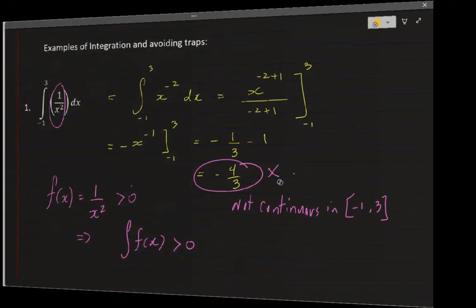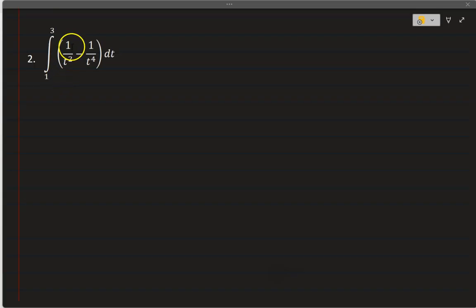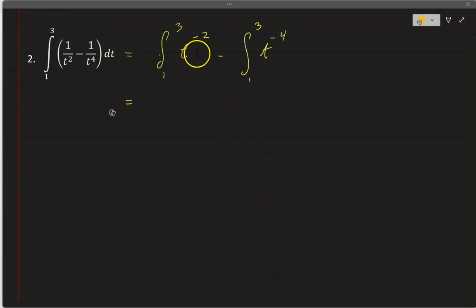Okay, let's look at the second one. We want to do the integration of 1 over t squared minus 1 over t to the 4th dt. So I changed the function to f of t, not a big deal. So we're just going to go ahead and break it up and then come back. So that's the first step. We have to break it up, and then we're going to do the integration for each function separately. So this would be t to the negative 1, negative in front, and then we're going to evaluate that between